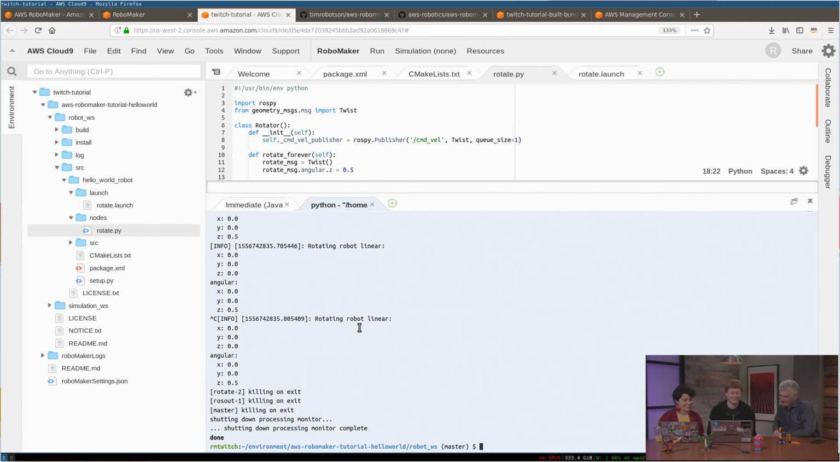Yeah, and so we can see it's sending a linear vector of all zeros and an angular vector with the z being 0.5. And that's saying that the robot will spin to the left. Awesome. Okay, so what's next, Tim? Yeah, so up next,